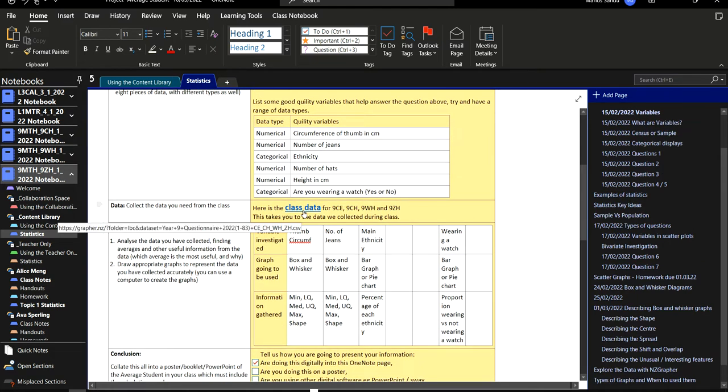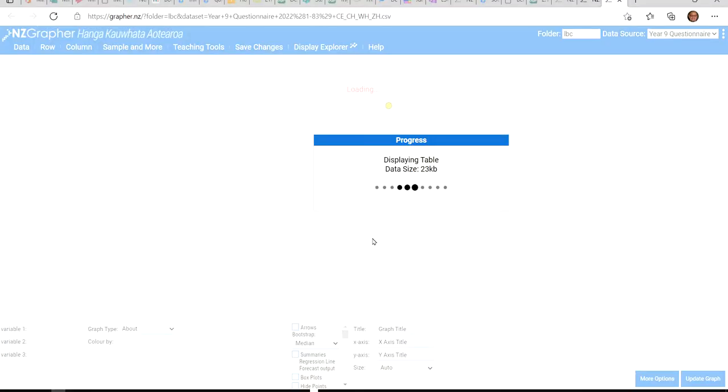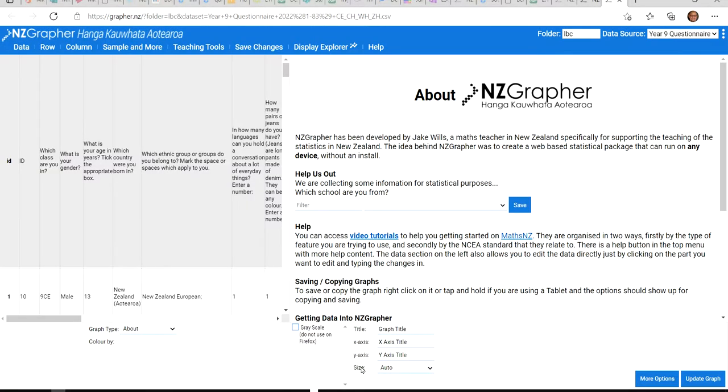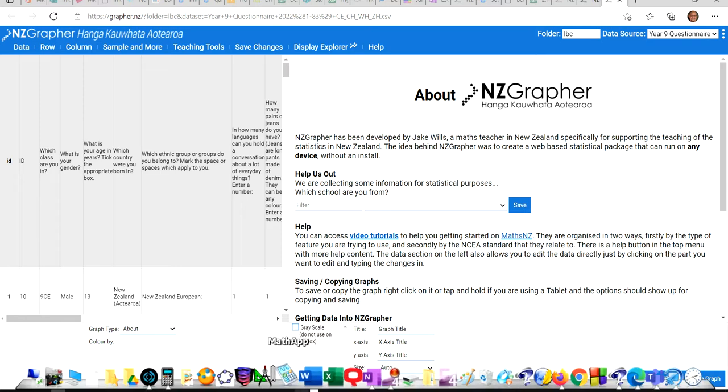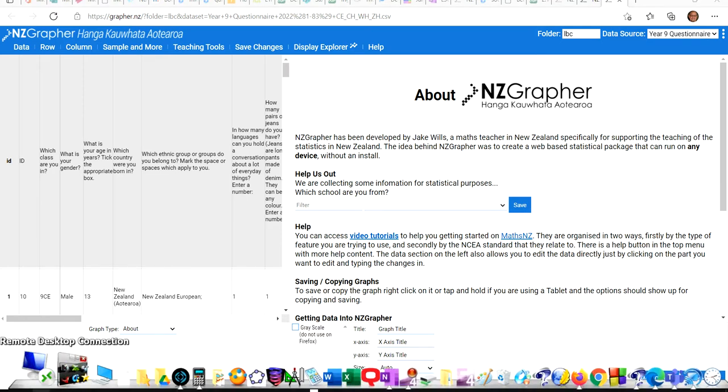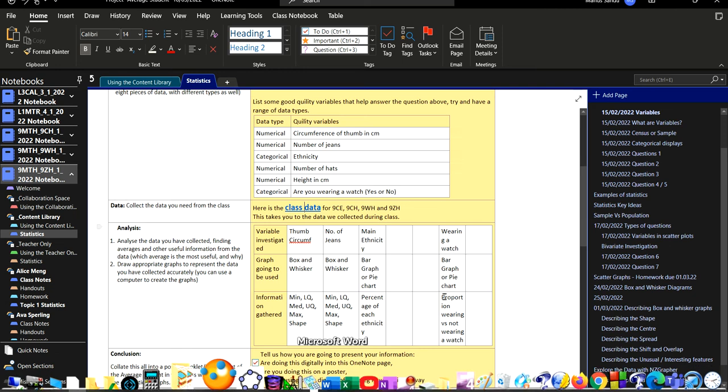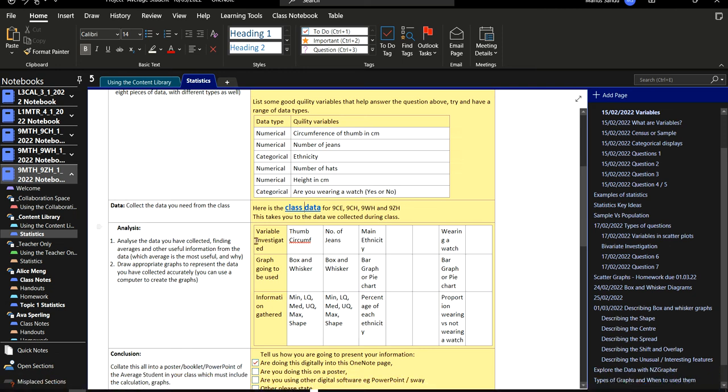If I press here, that takes me straight to the NZGrapher web app. Yes? All right. So now that I've opened NZGrapher, variable investigated. What did I investigate? The first question was about thumb circumference. Yes? What kind of graph am I expecting to get from that? So